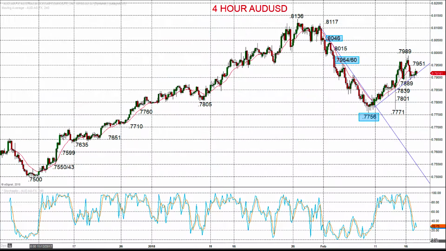Similar but not quite the same story for the Australian dollar, bullish from the end of last year through January. However, the deeper sell-off that we saw, which was already occurring due to some concerns around Australian data before the equity market sell-off, that sell-off down through 78.05 neutralised the intermediate term bullish theme.